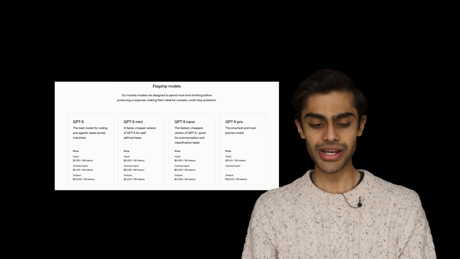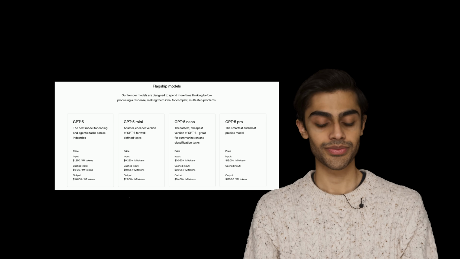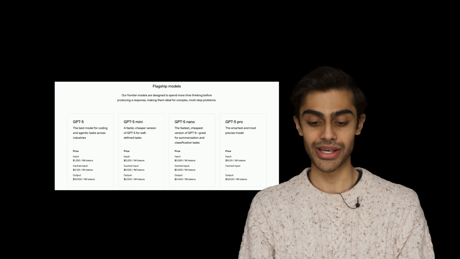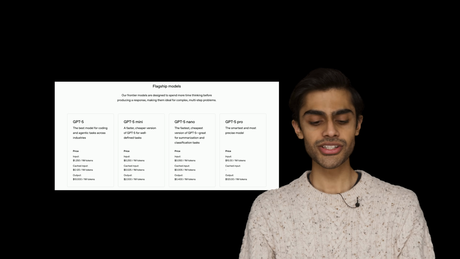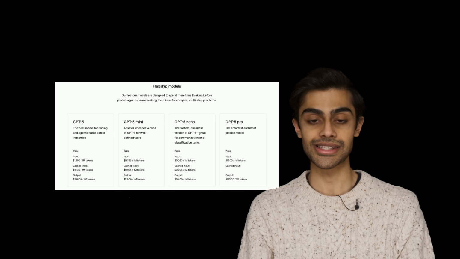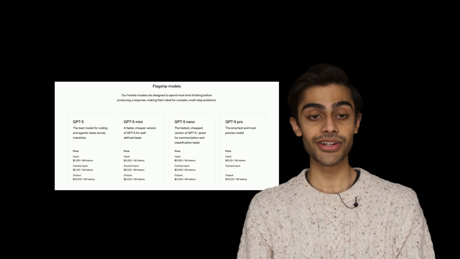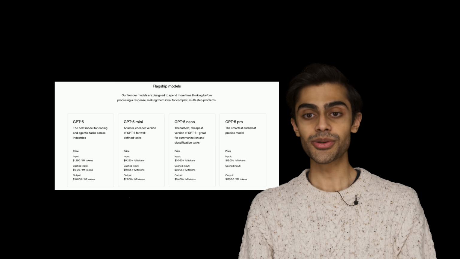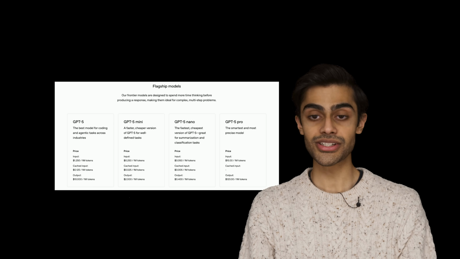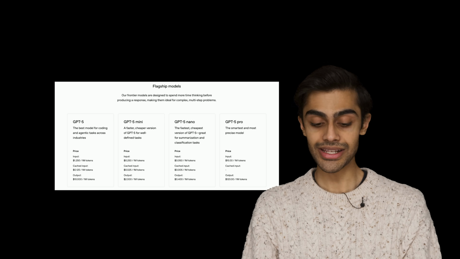You'll notice that the pricing is split into input, cached input, and output tokens. Input tokens are what you send to the model, so your prompt, your system message, etc. Cached input tokens are parts of your input that the API has seen before in the same session, so they're cheaper, and output tokens are what the model generates in response. You're billed based on the number of tokens processed, input plus output, with cached tokens discounted. You'll also notice that the pricing is per million tokens.